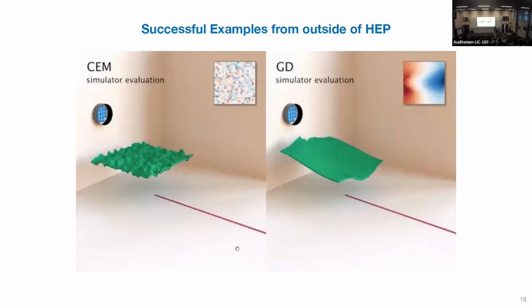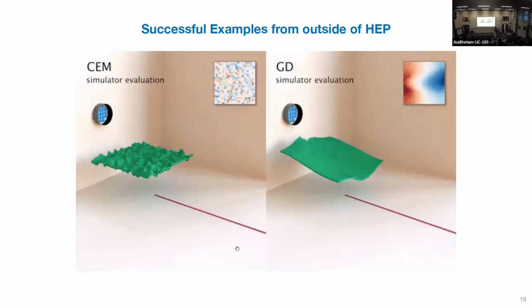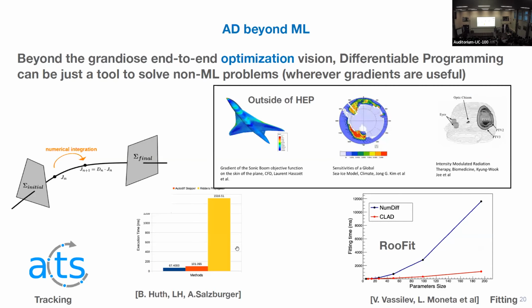The first time I heard about differentiable design optimization for hardware, I thought, okay, this is crazy. So it's encouraging that for simple things, we see it works, and it's interesting to see how far we can take it. There are some initial things in high energy physics to try this out, and we'll have a talk about differentiable design optimization in our parallel. And so this is my end.